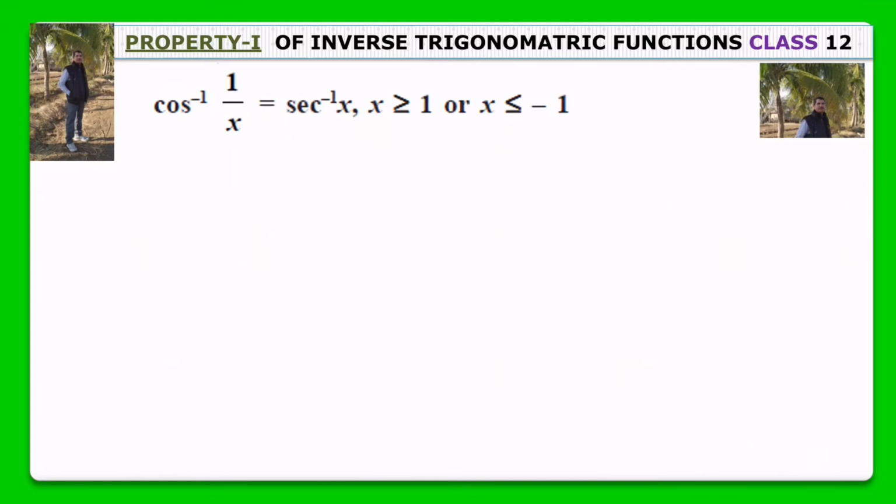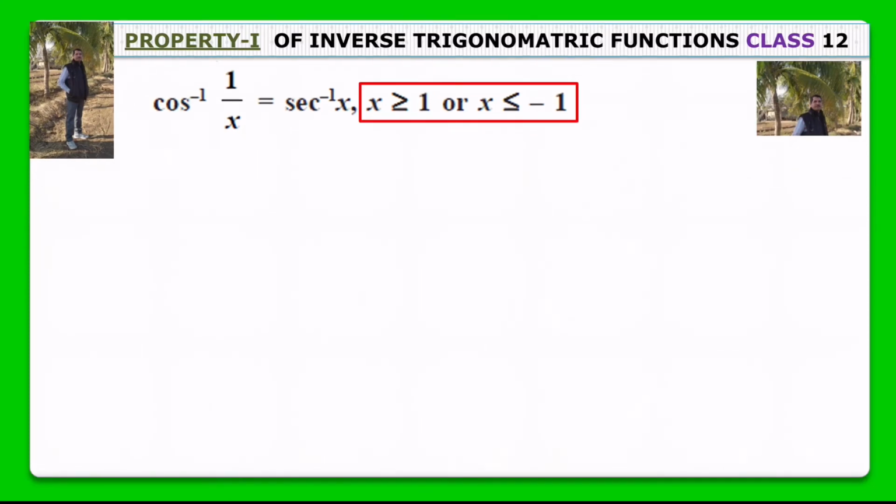अब हम ये शो करेंगे कि cos inverse 1 upon x is equal to sec inverse x. ये कैसे होता है, अभी हमने ये तो देख लिया कि the value of x, यानी value of x is greater than equal to 1 और x is less than equal to -1, is nothing but the value x taken from the domain of sec inverse function. This is the domain of the sec inverse. Now let y equal to cos inverse 1 upon x, यानी हम अगर राइट हैंड पार्ट इसका लेफ्ट हैंड पार्ट consider करते हैं cos inverse 1 upon x, we will take y equal to cos inverse 1 upon x.